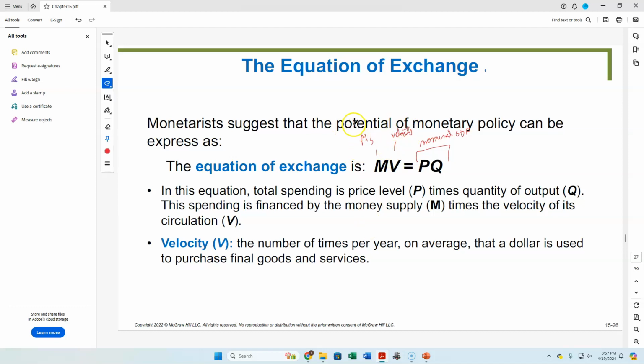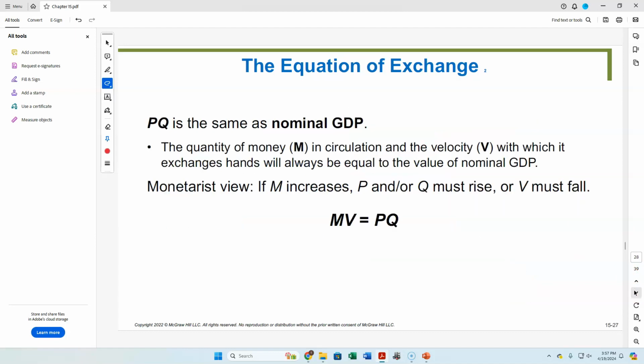And so what the monetarists believe is that by changing this, you change the price level. Why does it not affect Q? Think all the way back to our production possibilities frontier. Basically, we're at a natural GDP level where you can't really change things in the long run. We're kind of at the capacity of the economy. And what the monetarists would further argue is that the velocity of money is pretty constant. People kind of need a certain amount of money all the time. And if the V is constant and the Q is constant, then you get similar changes in the money supply as you would get to the price level, according to the monetarists.